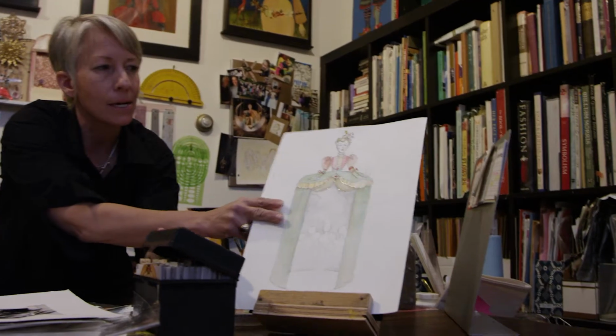And when you get an artist of her caliber working with beautiful dancers that train all those years, it's going to be quite a production, I think. Here's our design for